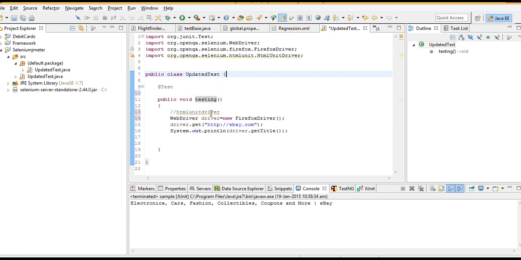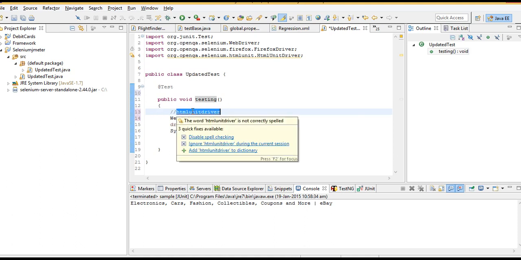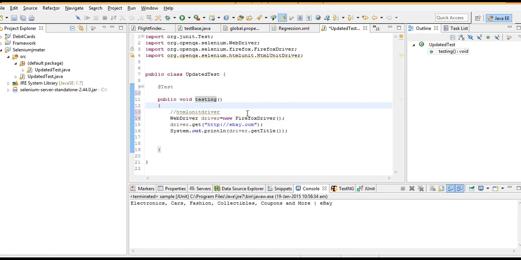So those we will test with Selenium as a part of our functional testing. But if you go with the HTML unit driver, which is a headless browser, you will not be in a position to decide how your UI is working and how it is rendering in a browser. So people generally will not go with the HTML unit driver. But for JMeter, it is important for us to go with this, because if you go with a Firefox or Chrome browser and say run with 100 users, your system will definitely hang. Opening 100 instances at a time is not a good thing.